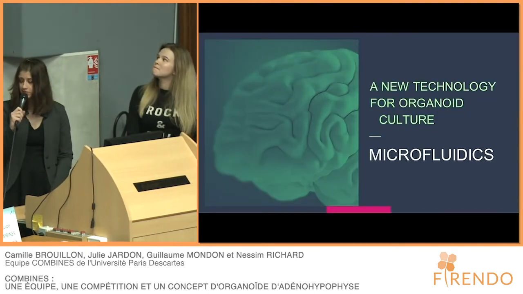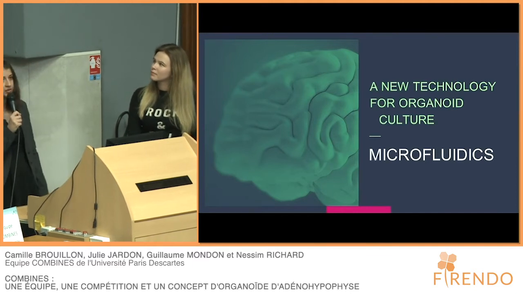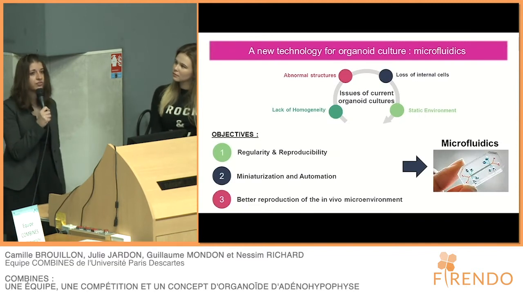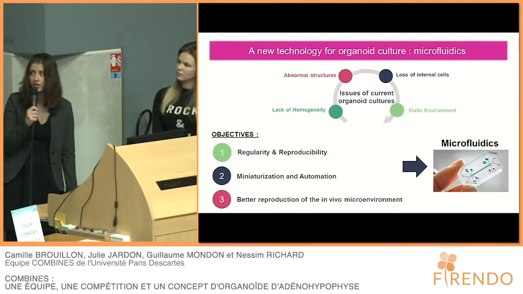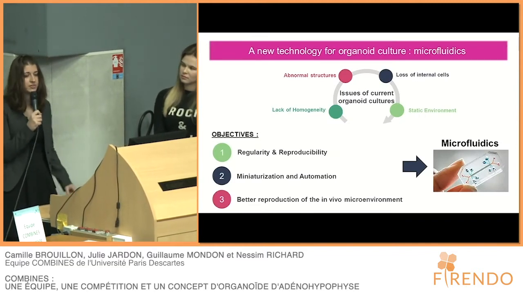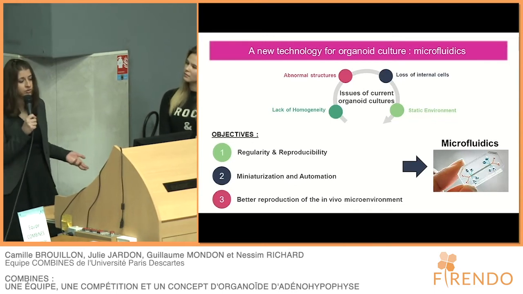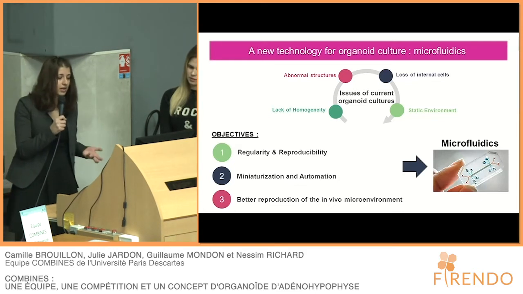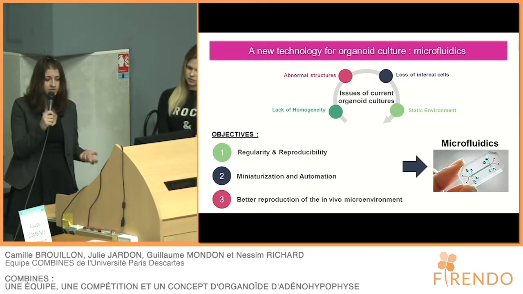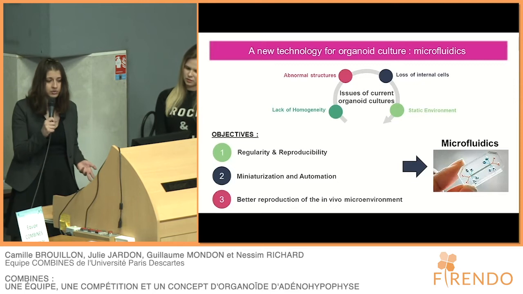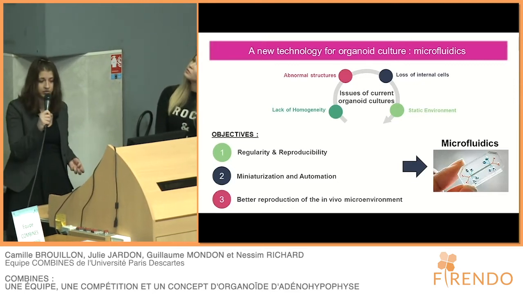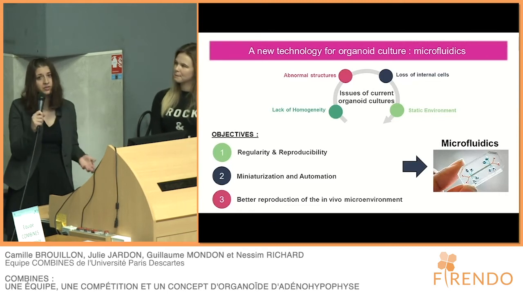So during our experiment and by reviewing the literature, we observed that there were a lot of issues with the current organoid cultures. There were some abnormal structures that tend to emerge, and the big issue is that there was a lack of homogeneity between the samples and between the protocols. And there were also a lot of dead cells inside over time. And another issue is that